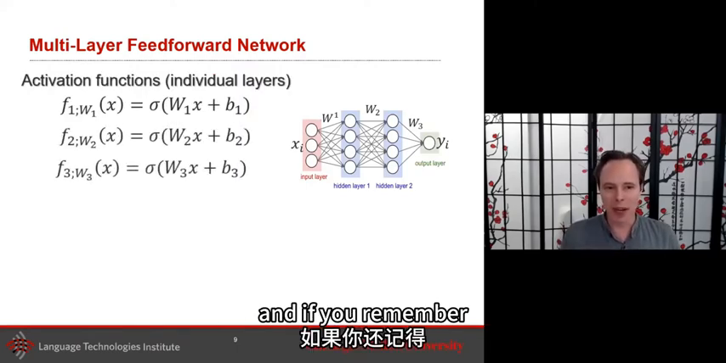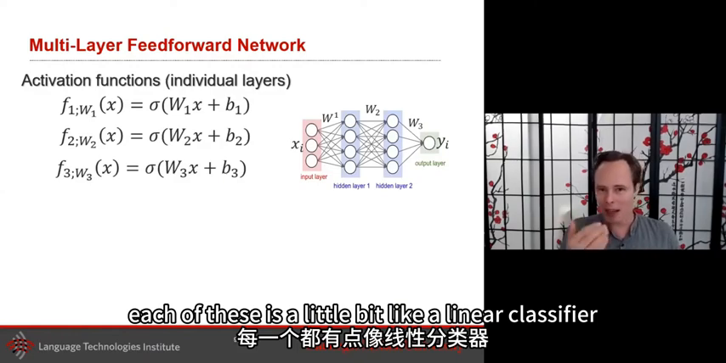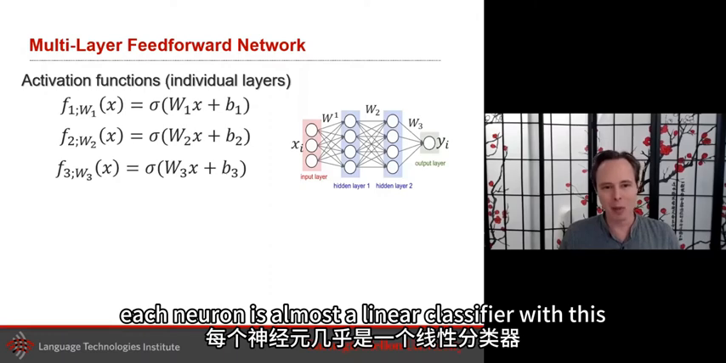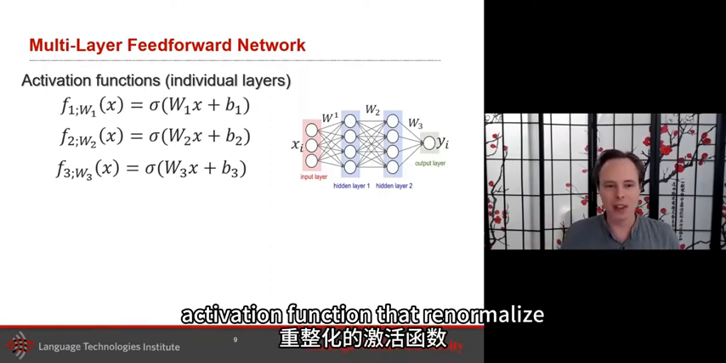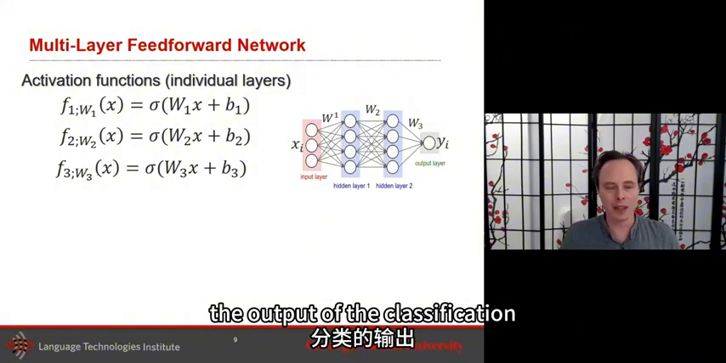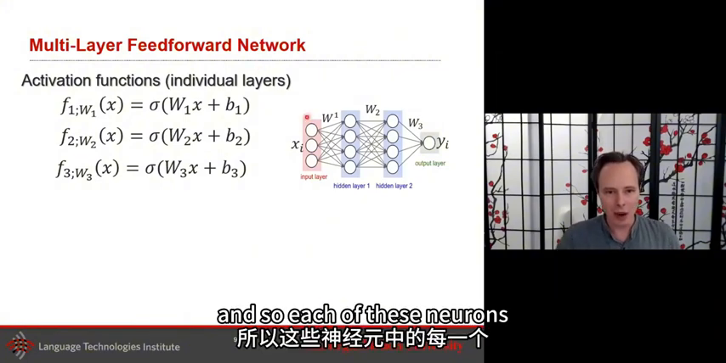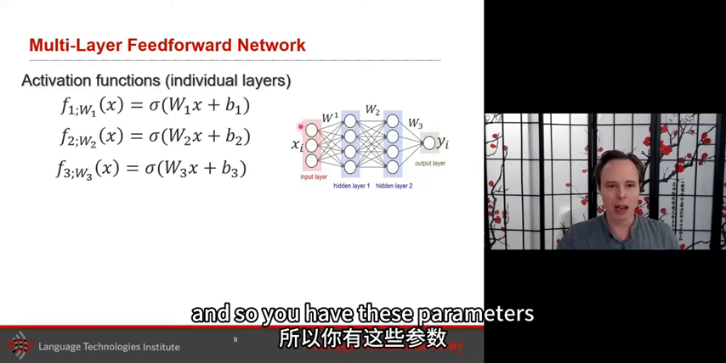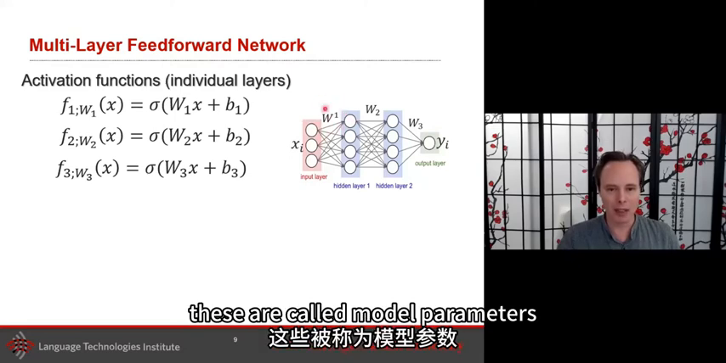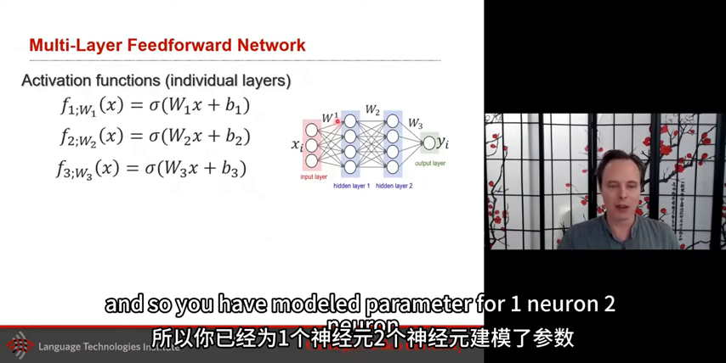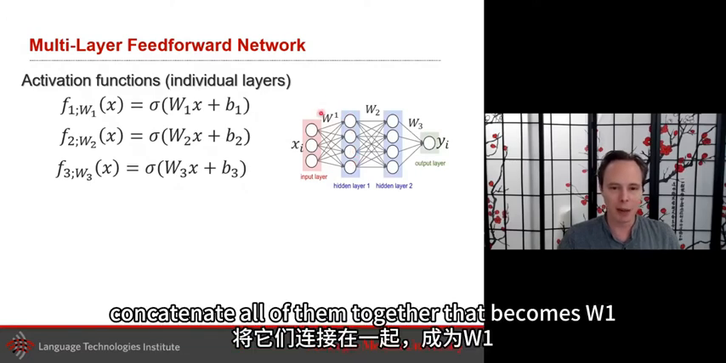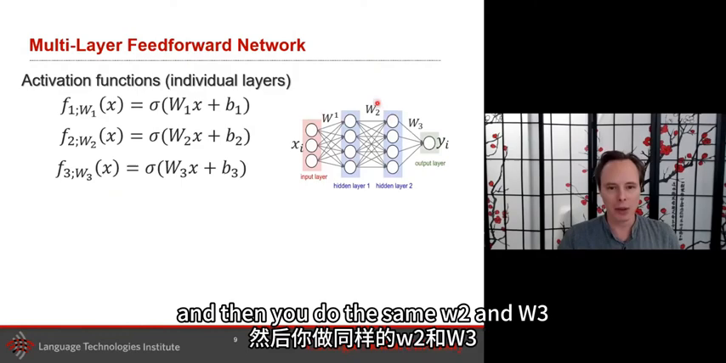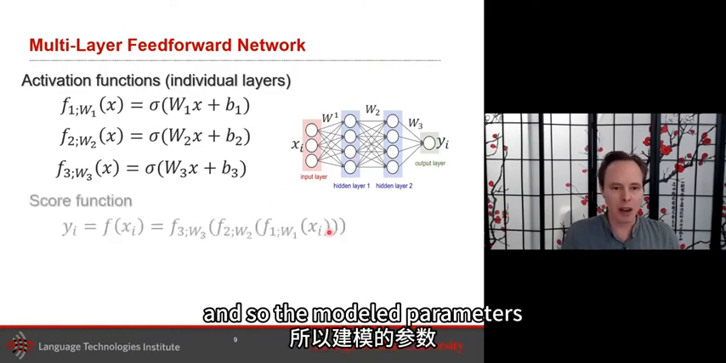And if you remember, each of these is a little bit like a linear classifier. Each neuron is almost a linear classifier with this activation function that renormalizes the output of the linear classification. For this neuron, you have three inputs, and so you have these parameters. These are called model parameters. So you have model parameters for one neuron, two neurons, three neurons, four neurons. Concatenate all of them together, that becomes W1. And then you do the same for W2 and W3. And so the model parameters,